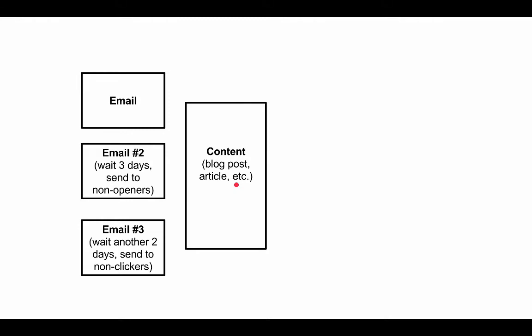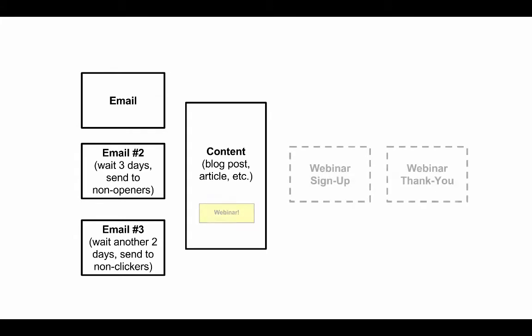Now that in itself can save you hours and hours of time, but there's a bit more. What DaVinci recommends you do is embed what we call a call to action within your content. So this could be simply a section within your content that, let's say, promotes a webinar that you have coming up, or some other interesting information that the reader might find relevant to the content that you're promoting. So what DaVinci recommends you do is, as you create your content, embed these additional calls to action within the